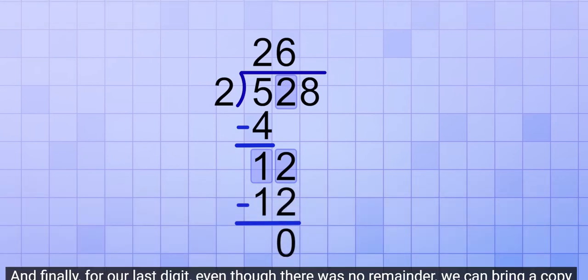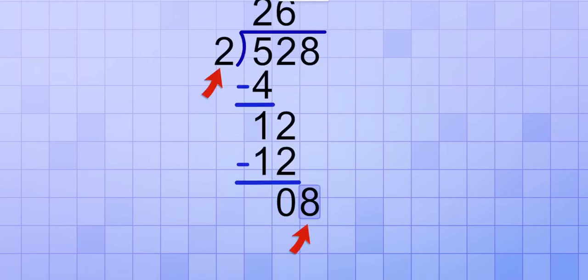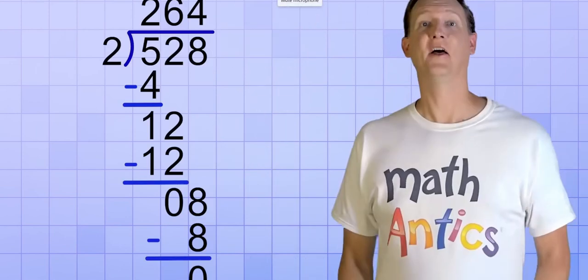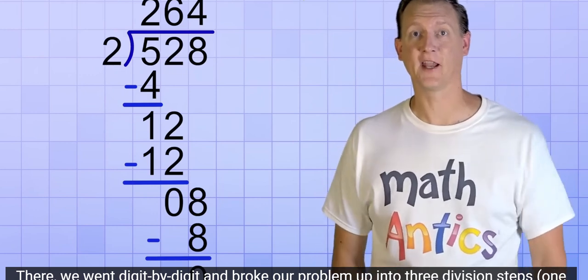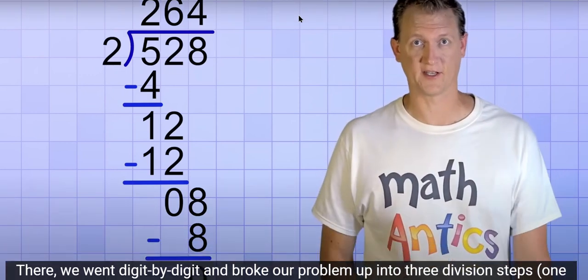And finally, for our last digit, even though there is no remainder, we can bring a copy down and ask, how many 2's will make 8? And the answer is exactly 4. 4 times 2 equals 8, which again leaves no remainder. There, we went digit by digit and broke our problem up into 3 division steps, one for each digit. And we got our